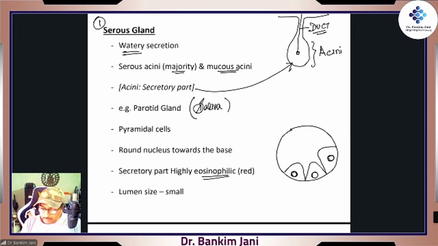And then they'll be staining red. So I'll just write red. And the lumen size is small. So this inside part, that would be the lumen. So I'll make the cells big, huge ones, right? Because I want to make the lumen size small. So things should really look something like this, which is having 4 characteristics.